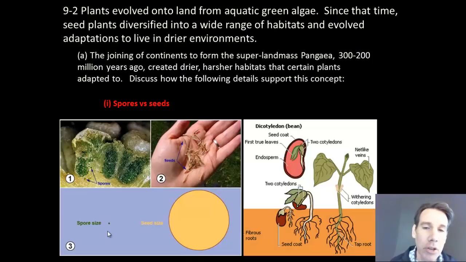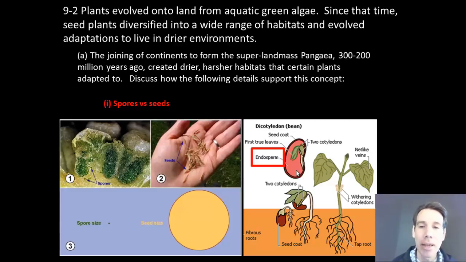And one of the reasons why seeds are larger than spores is because in them is something called endosperm, this characteristic right here. Endosperm is food for the baby plant. So here we have the embryonic plant inside the seed right here. That's the baby plant. And the endosperm contains carbohydrates and proteins. And that is going to nourish that baby plant to grow, so it gives it sort of a boost of energy. It's like a backpack of food nutrients, with which that plant can grow in an area that's a little bit more variable and not as favorable.